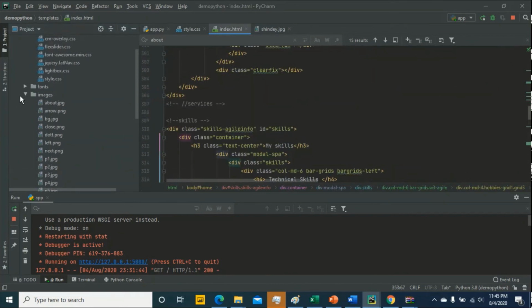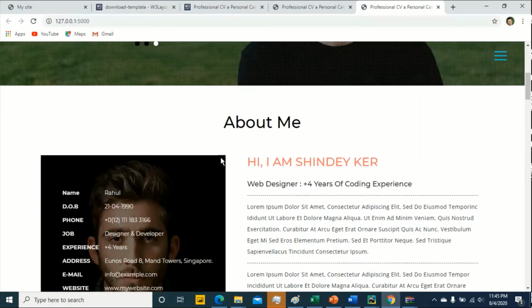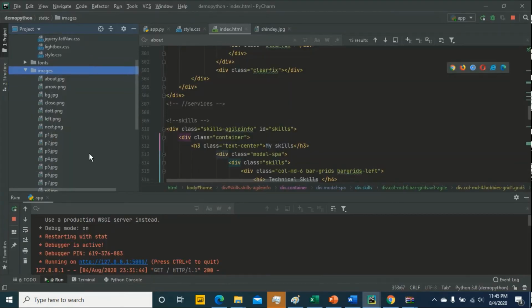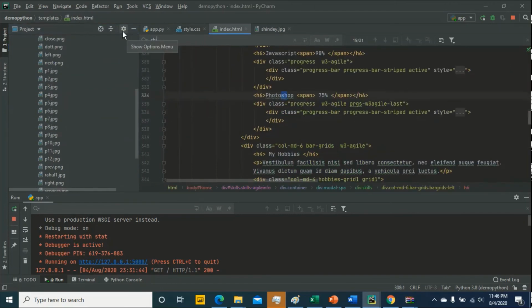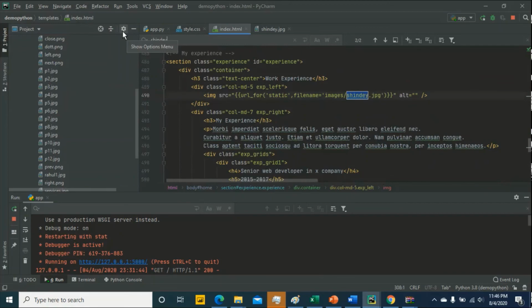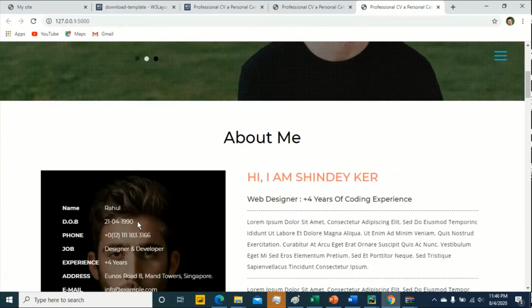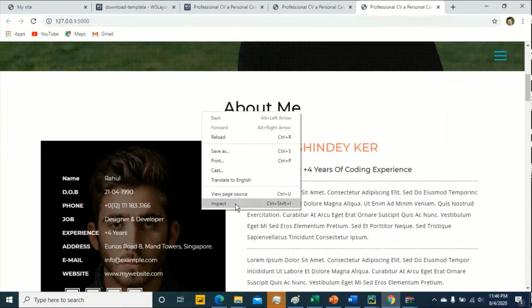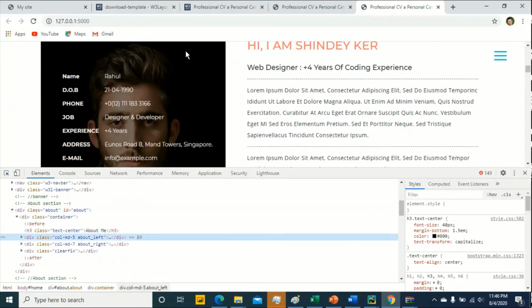If you want to change these also files, shinde.jpg, then enter here and click on shinde.jpg. You will change your image also. Okay, this one, this image is on this. I will show you on CSS files.